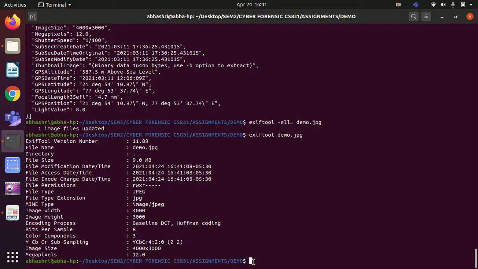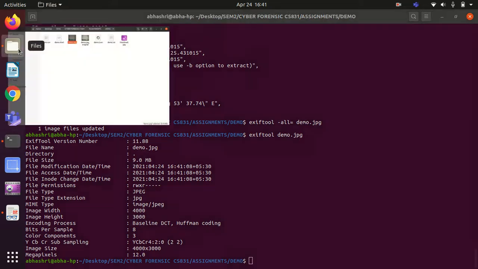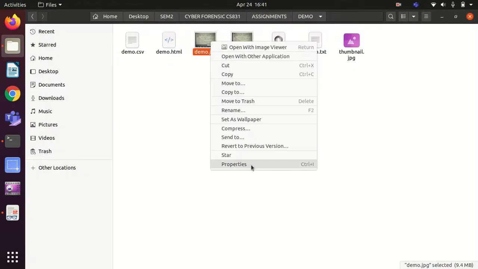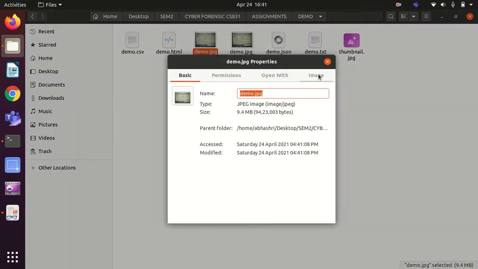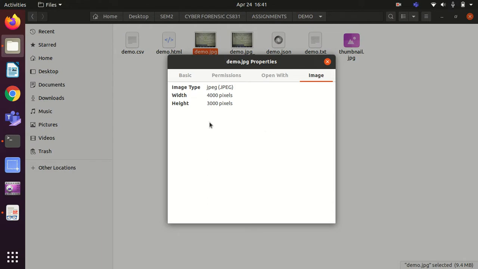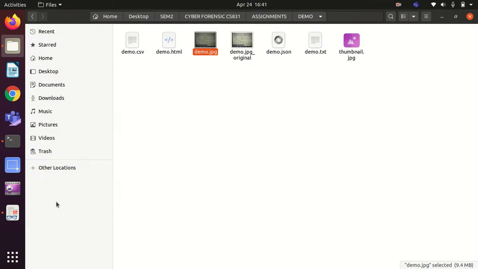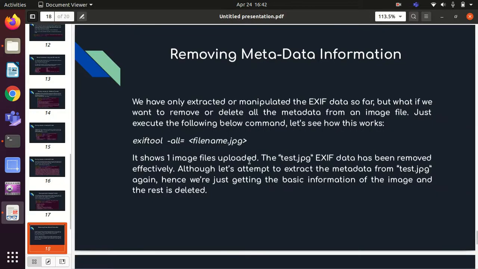Similarly, we can go back to the folder and check the properties again, and we can see that the remaining properties have been removed from the image, so that no one can observe where this particular picture has been captured.